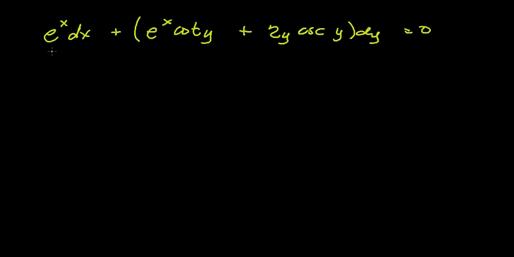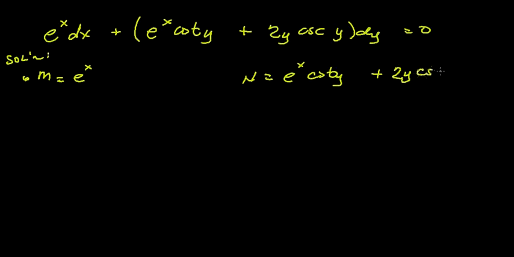Okay, the first thing is to find where is our M and where is our N. So our M is equal to e to the x, and our N is equal to this bunch of terms here, e to the x cotangent y plus 2y cosecant y. Okay, and then the next thing to do is to find the partial derivative of M with respect to y,